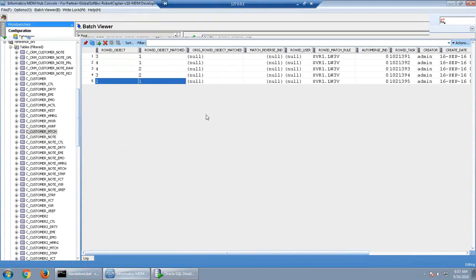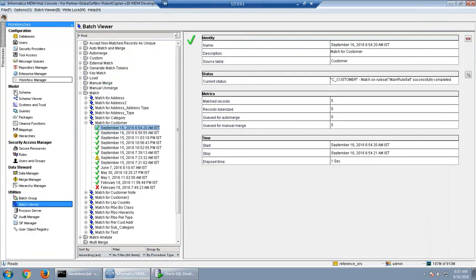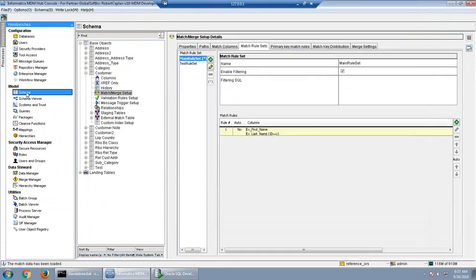Similarly, if we go for the segment matching, in the segment matching we can specify that I want to match certain specific records. Like we discussed yesterday, when we are following the party model, in a single party table I will have everything. I will have customer data, organization data, product data, policy data. All the master records will be there itself. So when we are creating the rules, I know that I am going to create this rule for customer data, or I am going to create it for organization. In those cases, we always use segment matching, where we specify segment type equals customer, segment type equals organization.